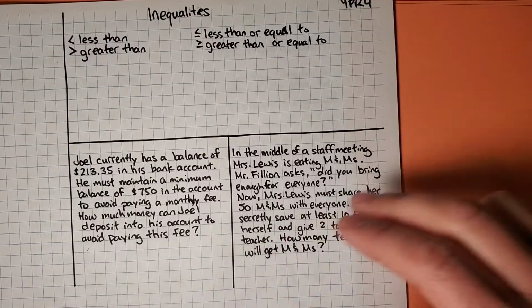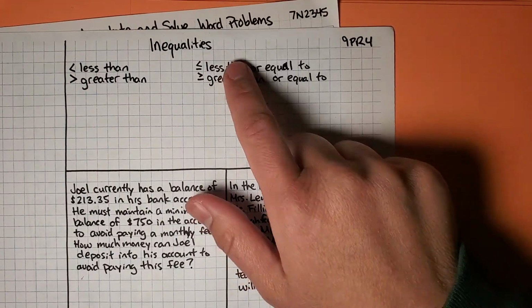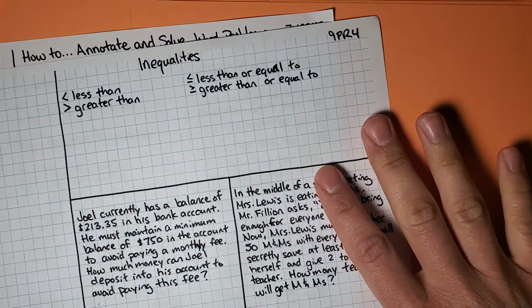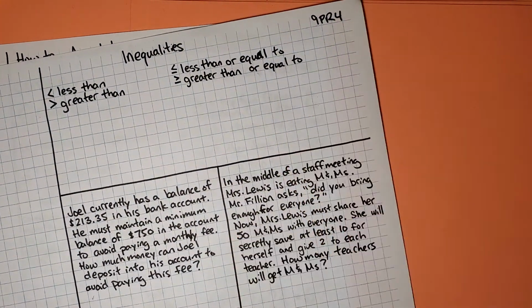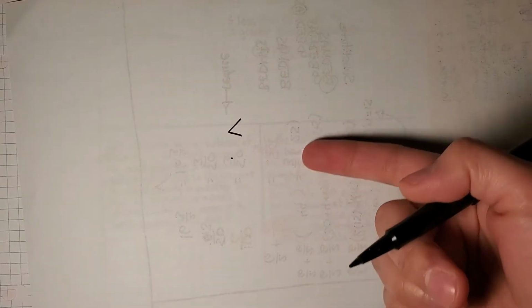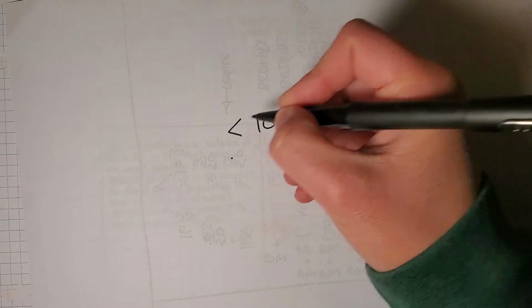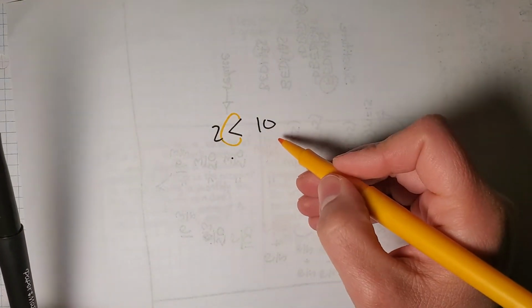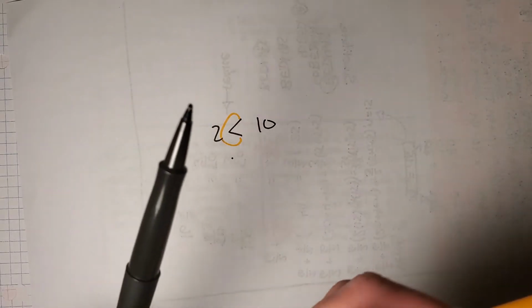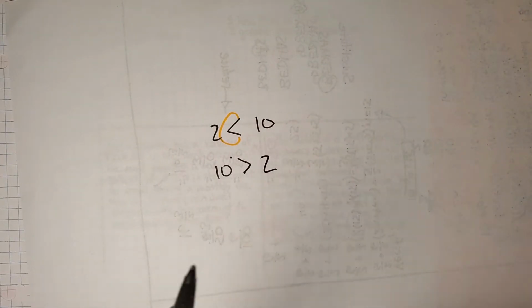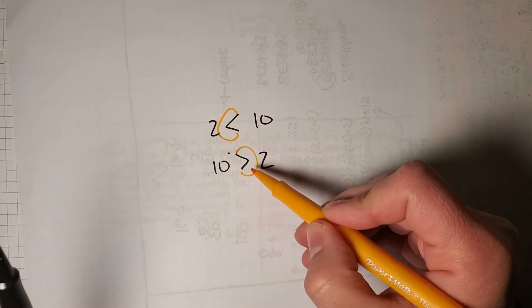All right, grade 9s. This week we are looking at inequalities. That is less than, greater than, less than or equal to, greater than or equal to. So this less than symbol, the way I like to think about it is the little Pac-Man has its mouth open and is always going to eat the bigger number. So no matter where the number is, you can draw that little Pac-Man and imagine that he's eating the bigger